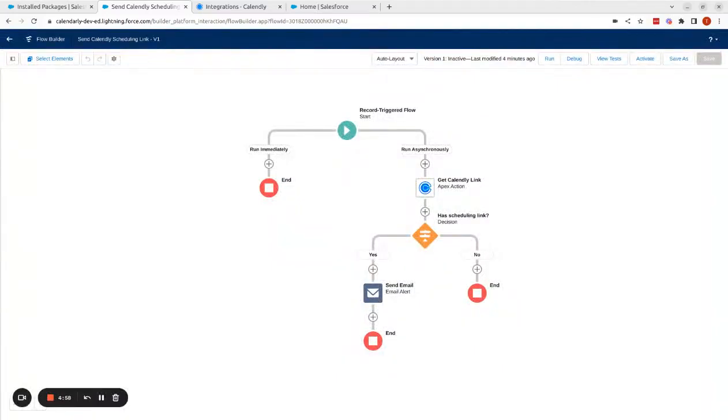In this video, we're going to call Calendly's V2 API from a Salesforce flow. More specifically, we're going to create this record-triggered flow that says whenever a lead is created, we want to find that lead owner's unique scheduling link. And if we find their Calendly scheduling link, then we'll send them an email so that they can schedule specifically